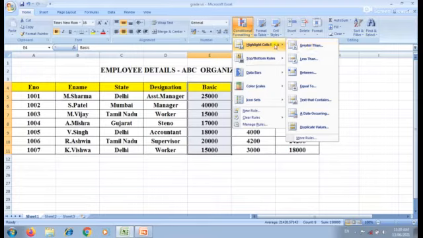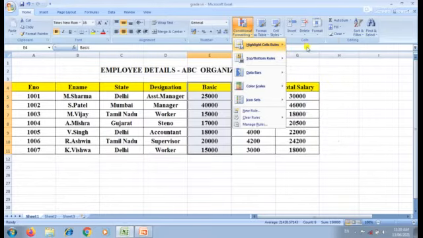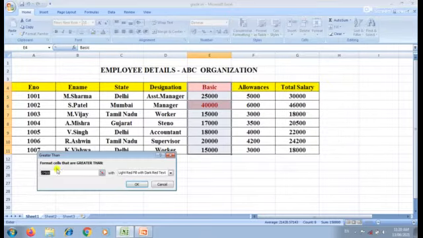In that you have to choose highlight cell rules, and then choose the greater than option. After clicking this greater than option, the dialog box is displayed on the screen.